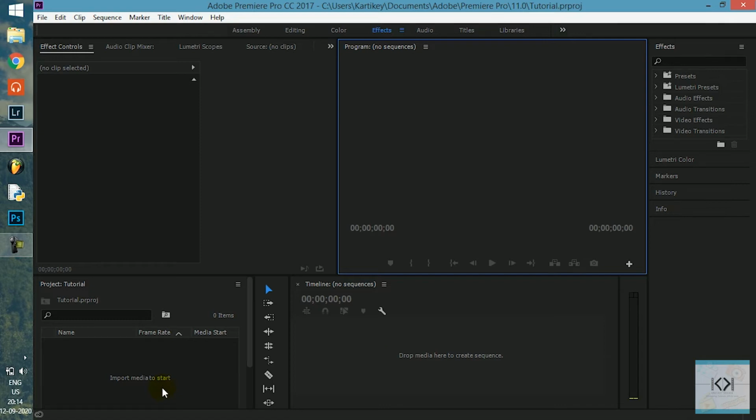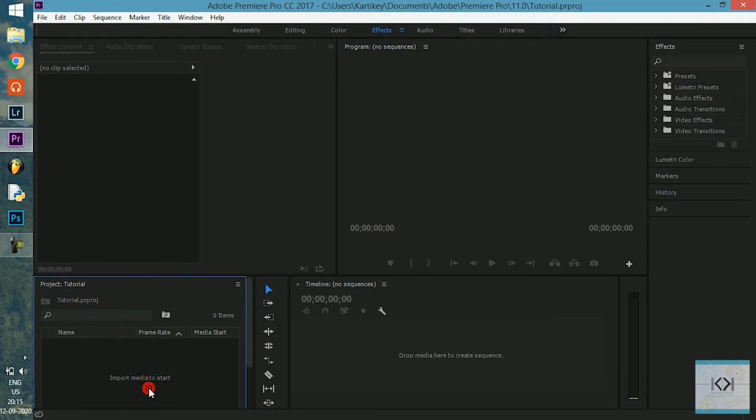So first thing what we will do is look at this project panel. Project panel is basically the library of everything. Whatever photo you import, whatever video, whatever text you create, whatever music for your video that you import, this becomes the library of everything. For importing you need to double click here.